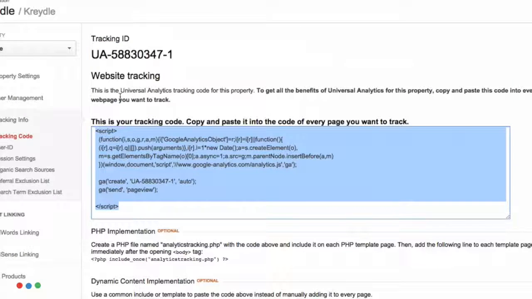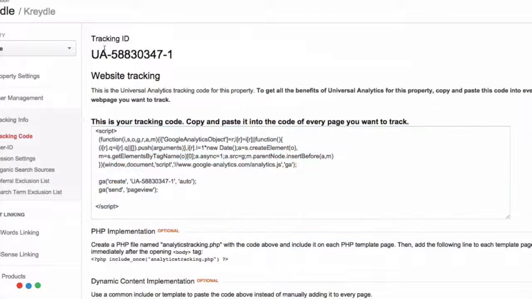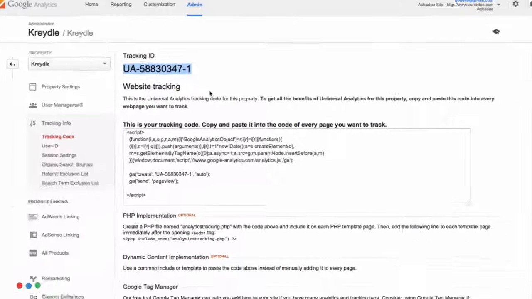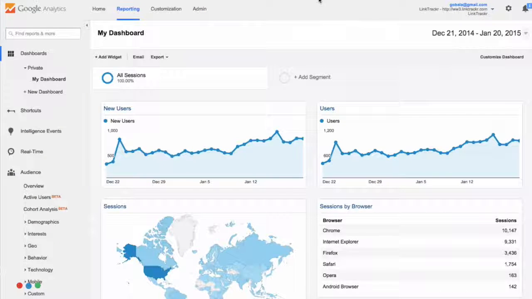Google Analytics tracks your website by a unique tracking ID. So some Google Analytics plugins for WordPress will only ask you to enter this tracking ID over here instead of the entire code. Once your Google Analytics tracking code has been implemented on every page of your website, Google will begin collecting information, and after a few days, you can log in to your Google Analytics account and view all